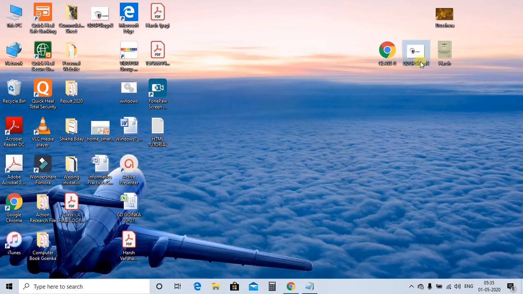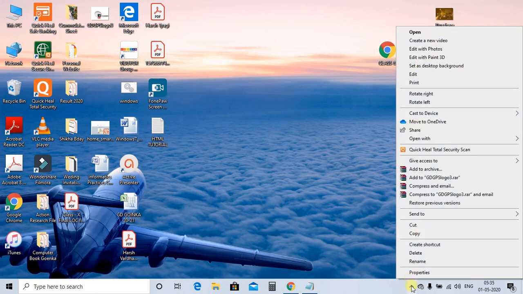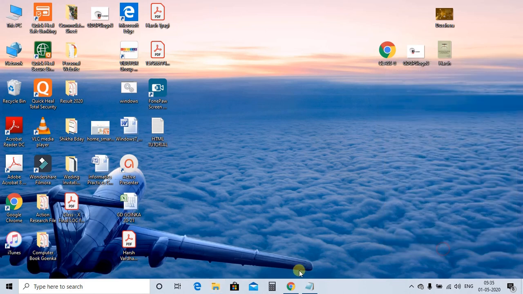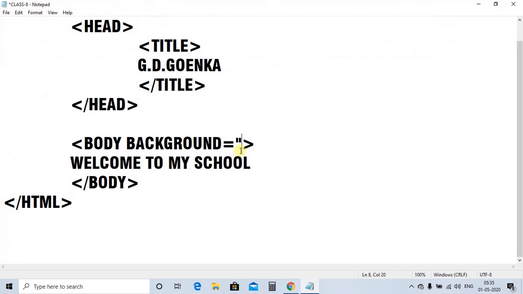So first we will use PNG. Now what we need to do, right click on the file, go to its properties and just copy down the name. Copy it, select it, Ctrl C for copy, use the shortcut key Ctrl C. Then go to your notepad program and after this Ctrl V. After writing the name of the image, you always have to add the specific extension of the image.